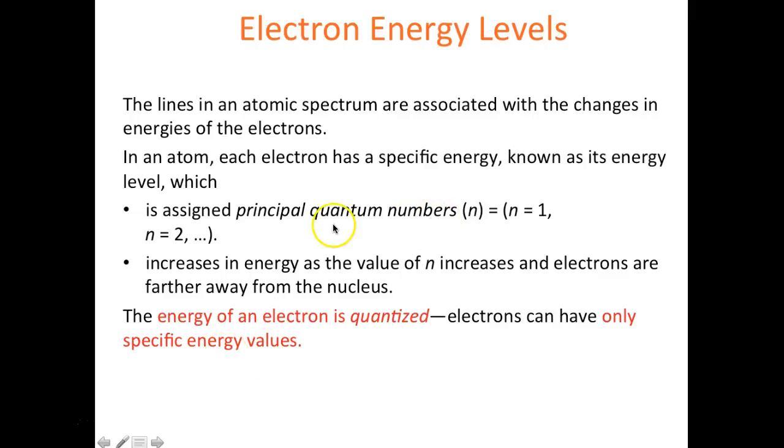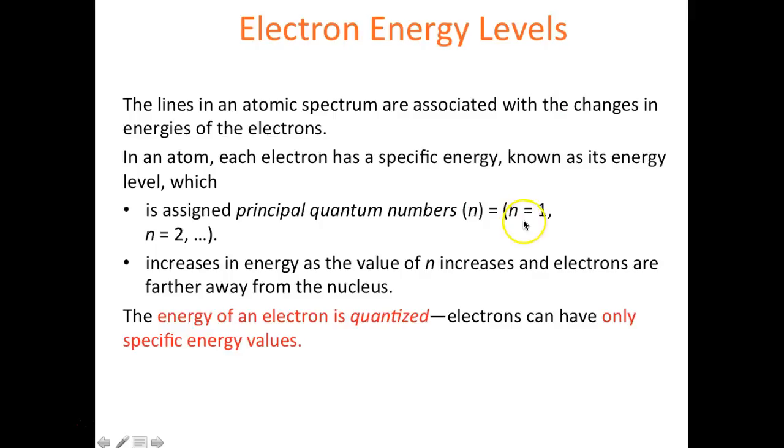All right, so the energy levels that are labeled as the principal quantum number are given the symbol n, and they range from n equals 1, n equals 2, n equals 3, n equals 4, and so on. All right, so as that n value increases, that particular energy level increases in energy. All right, so n equals 1 is the lowest energy level,